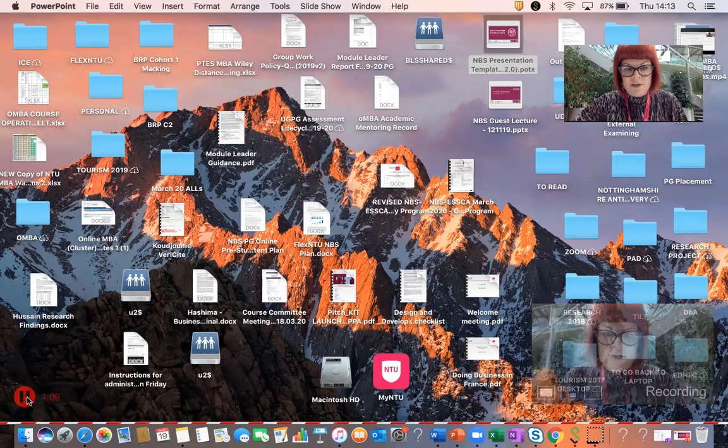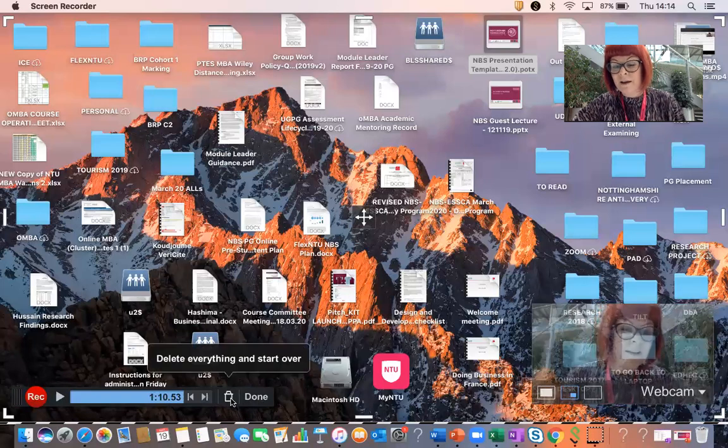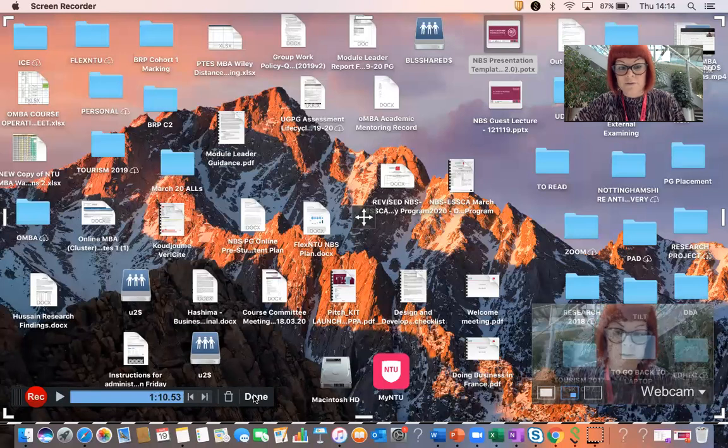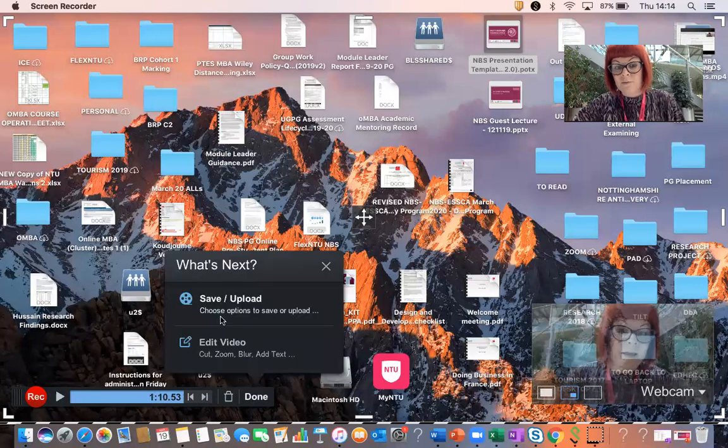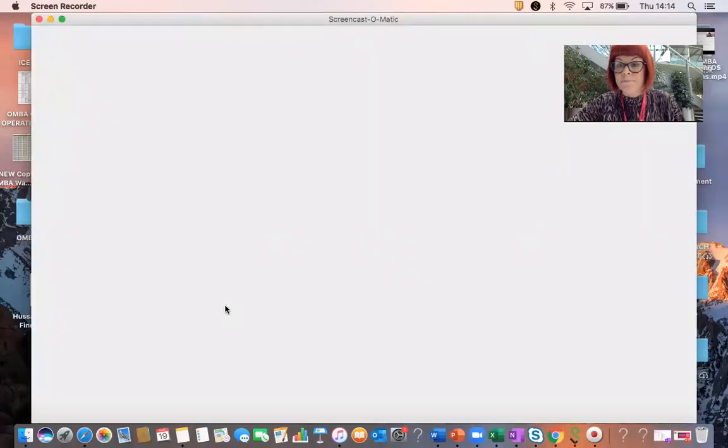So when you're finished, you hit pause and you see you've got some options here. You can either delete it if you didn't like what you've done, or you can select done, meaning that you're finished with the piece of work. And if you select done, the most user-friendly approach to take is that you click save or upload,